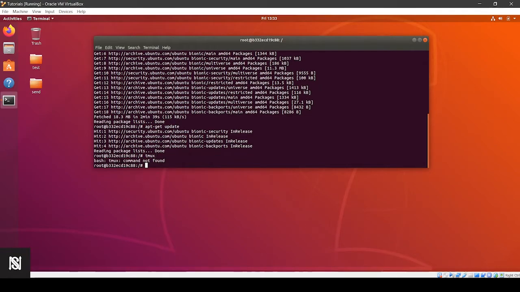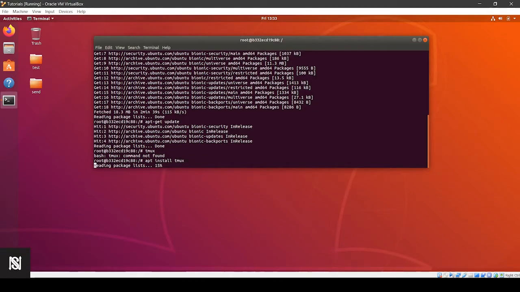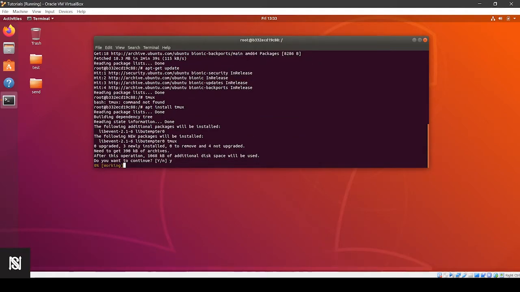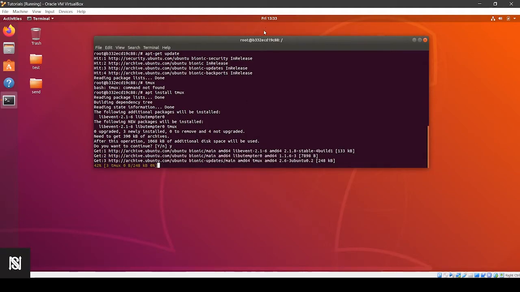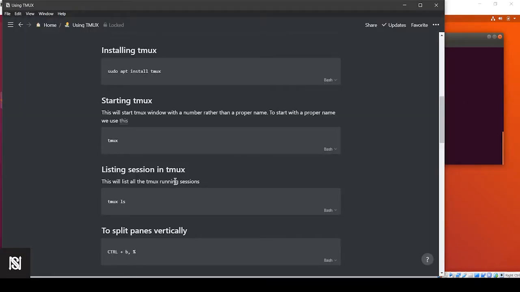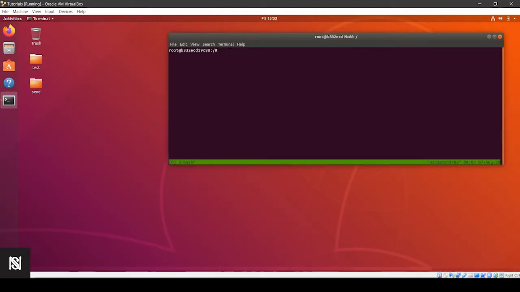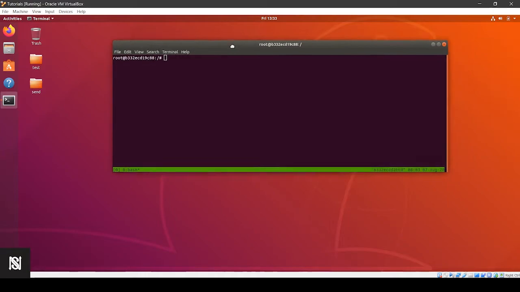If I do Tmux, you can see it's not present. I do apt install tmux to install it. It will look for Tmux, find it, and then install it on our system. So yes, I want to install it, and I will be going through some of the basic commands which we need. Listing sessions. If you start a Tmux session using tmux,